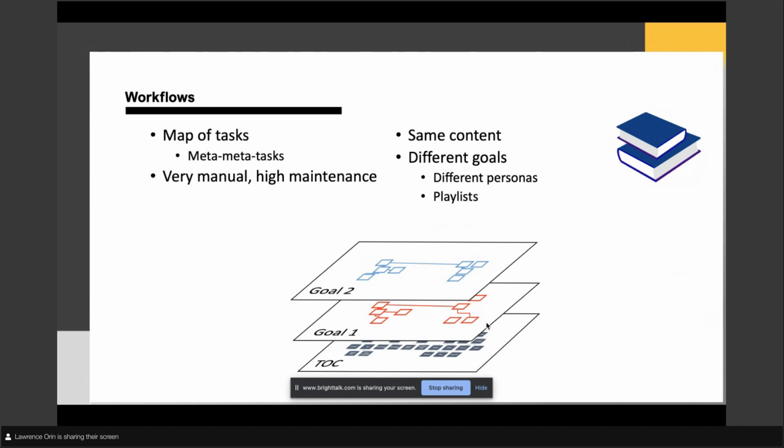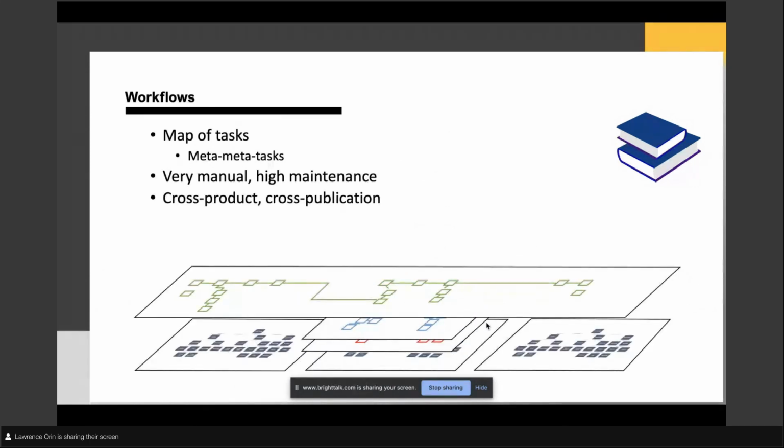Modern portals have to be able to cope with this kind of situation. And of course, you don't want to just have simple playlists or simple workflows. Sometimes a workflow takes you across a product or across a publication. So one of the classic